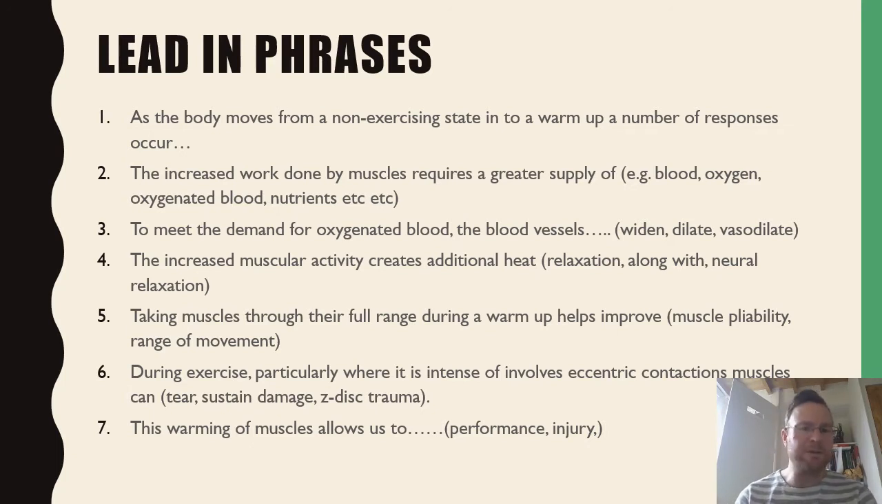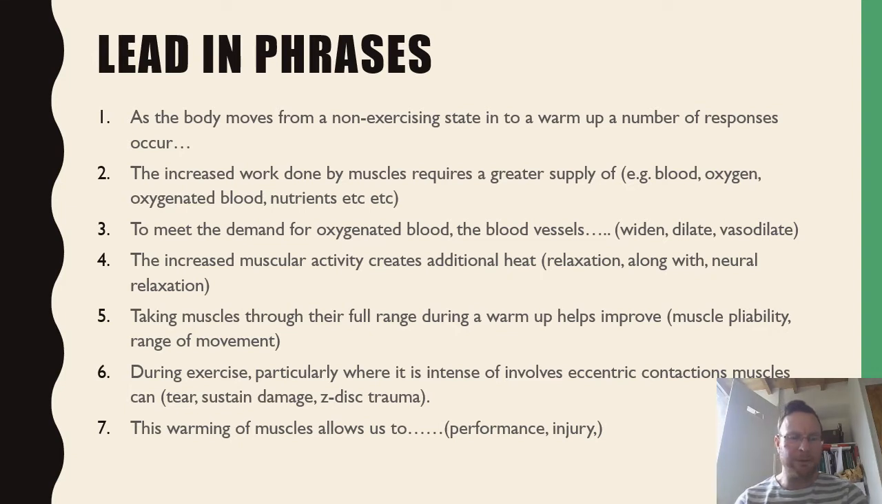Number 4, the increased muscular activity creates additional heat. This seems to create a relaxation of the muscle tissue, partly due to connective tissues sort of loosening, but also allows this sort of neural relaxation as the brain allows the muscles to stretch that little bit further. So taking their muscles through a full range during warm-up helps us improve muscle pliability and increase their range of